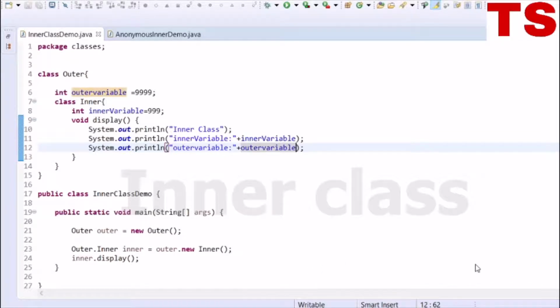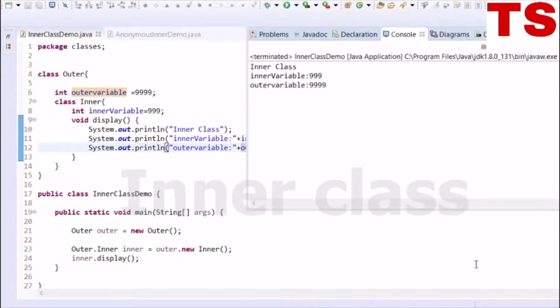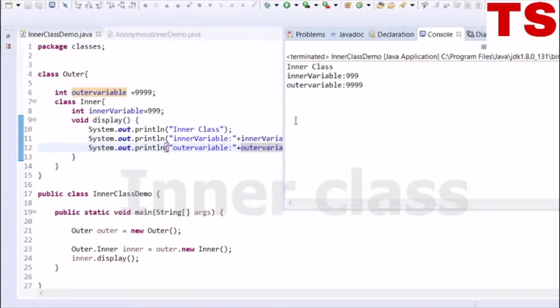Let's run the program and look at the output. Here, the output shows the values of both the variables of inner class and outer class.